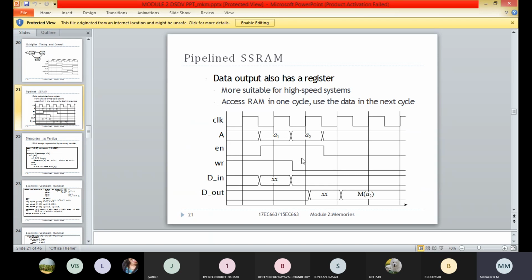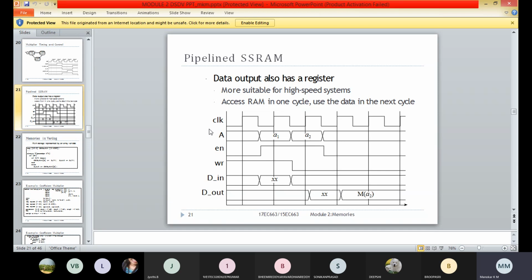It accesses the RAM in one cycle and uses the data in the next cycle.